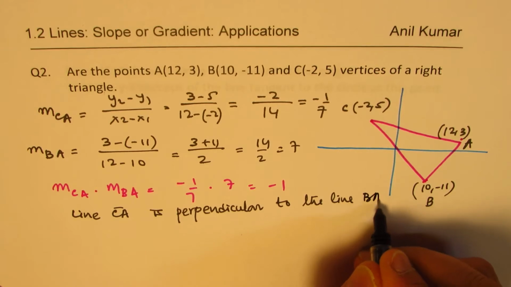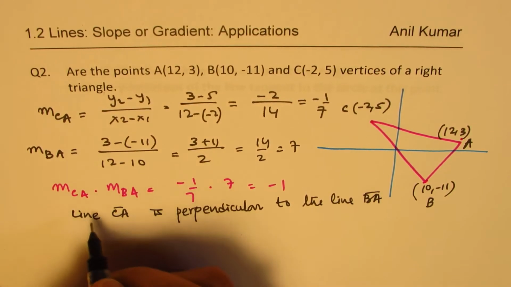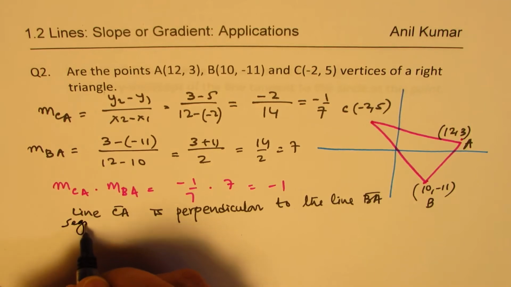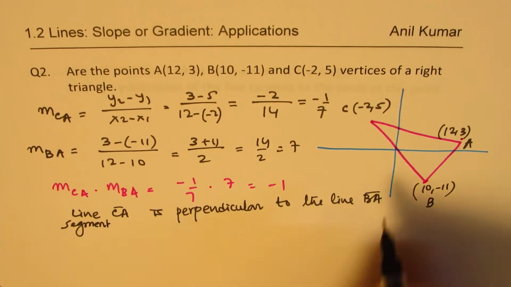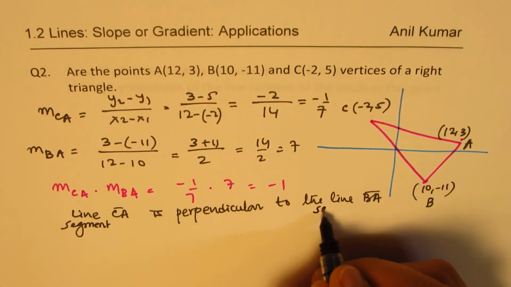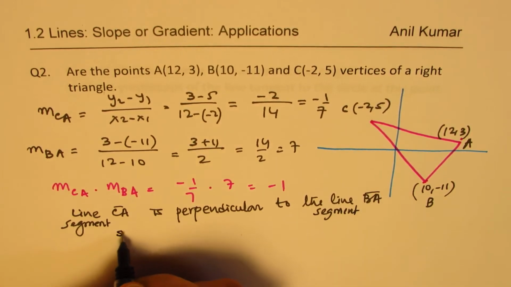You can say line segment also, right? Because it's a triangle, so you can say line segment to be more precise. Okay. So line segment CA is perpendicular to the line segment BA, since